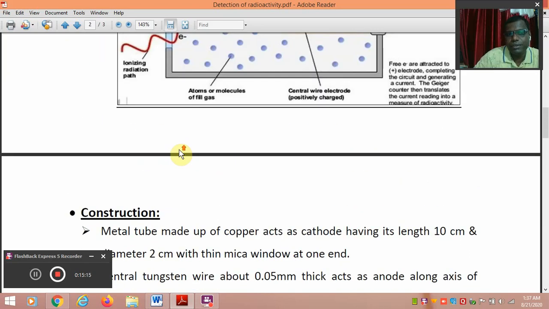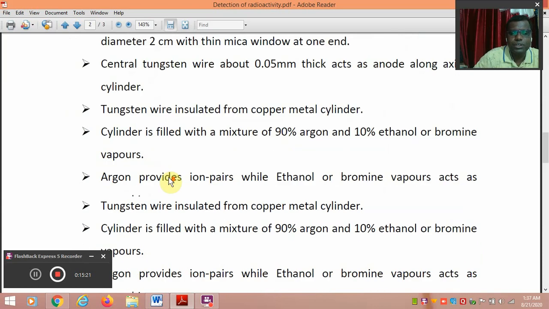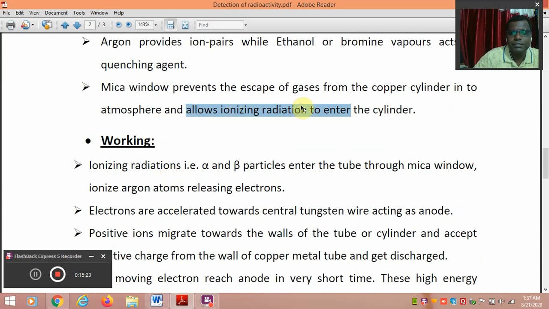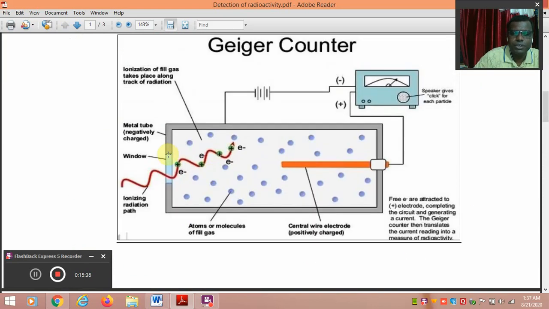So this is a very important characteristic of this window, that it acts as the material which allows the entry of radiation only, but it prevents the escape of gases out of this copper cylinder. So this Mica window does not allow the escape of these particles of argon or the ethanol or the bromine